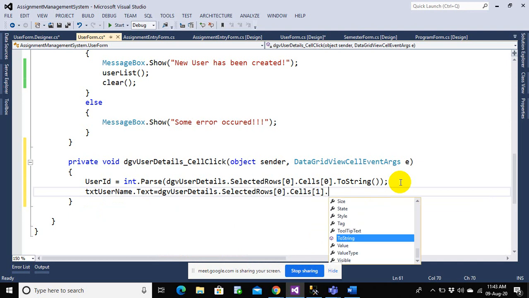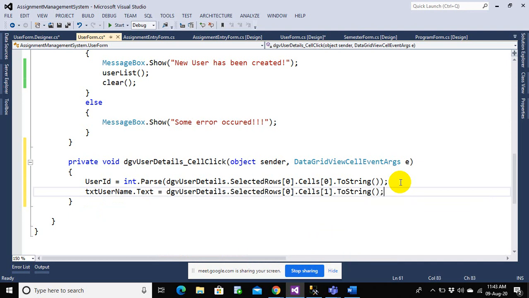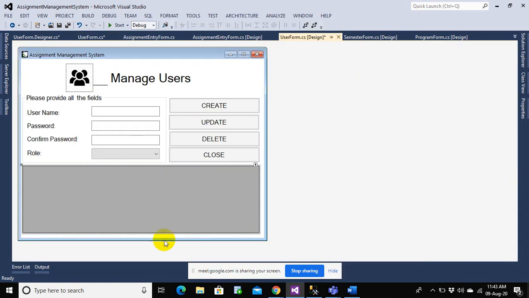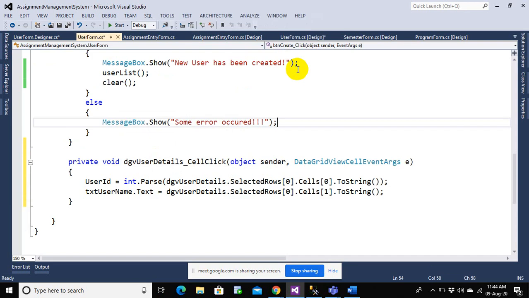Okay, let us try to understand this first. What is this DGV? DGV means this one. This is a data grid view. And then what is the selected rows? And what is the cells? And then two strings. So let us try to analyze each and everything.